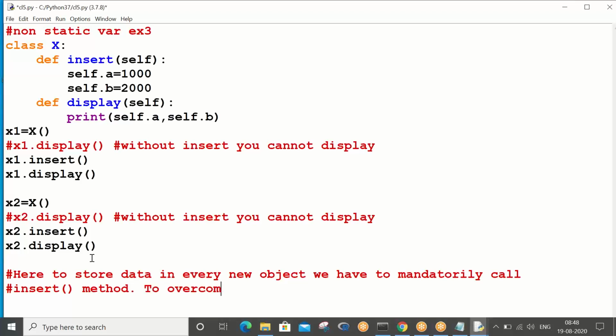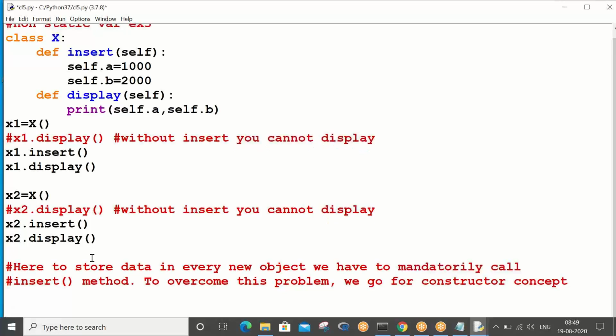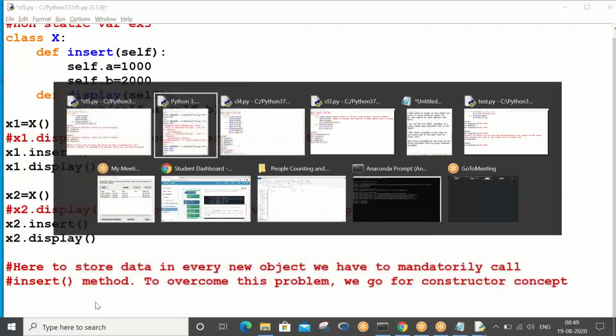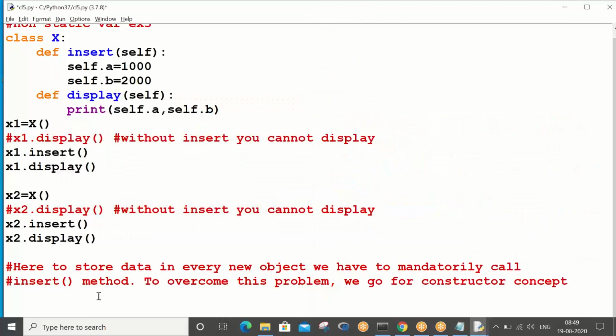To overcome this problem, we go for the constructor concept. Just write down these 2 points. Then take a one-line heading of constructor, and I'll explain in detail what that is in tomorrow's session. So just take these points.